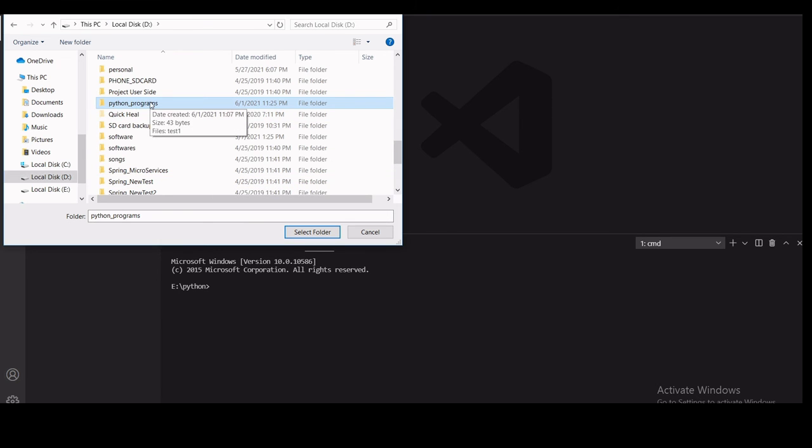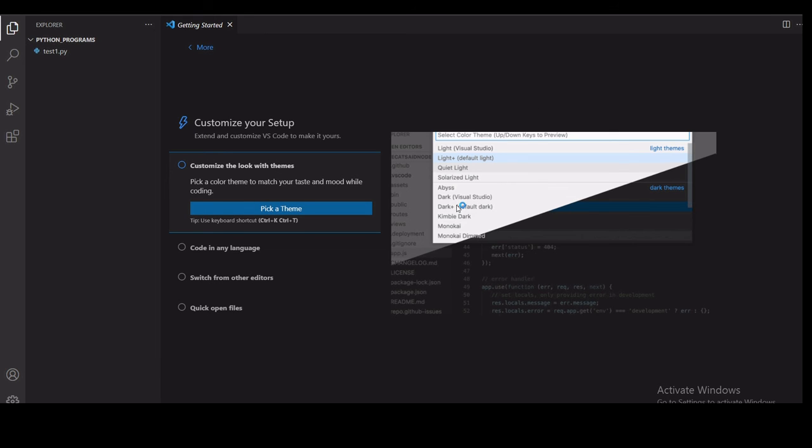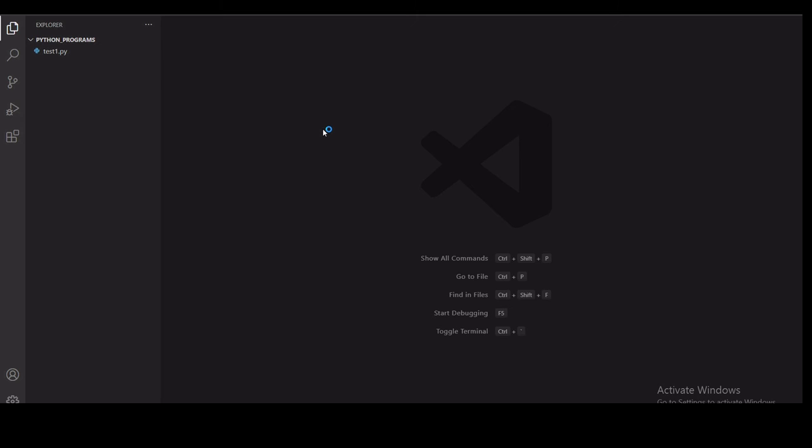I have chosen that folder where I want to save my program. Just choose that folder, select folder, done. See, with IDLE I have already saved one test1, that is also there inside this folder. Now the folder has been chosen.